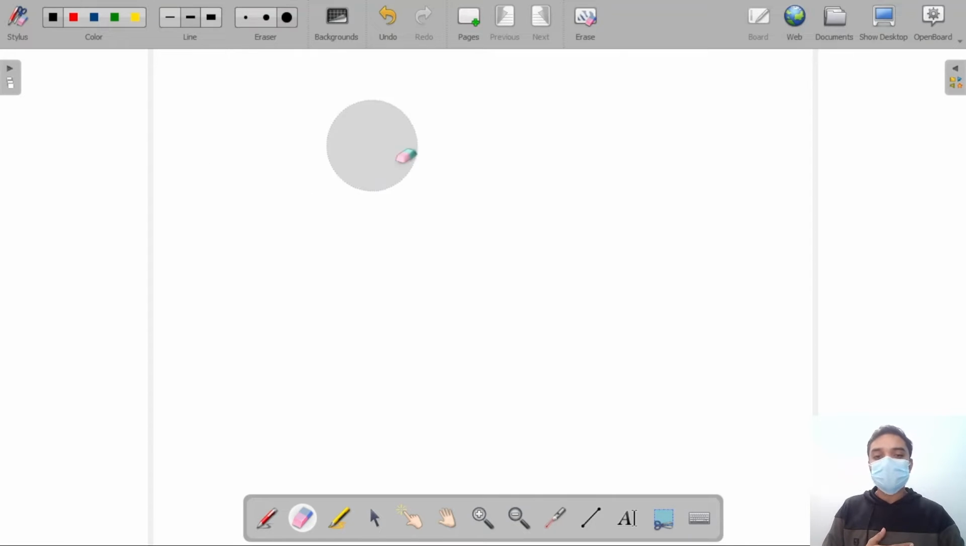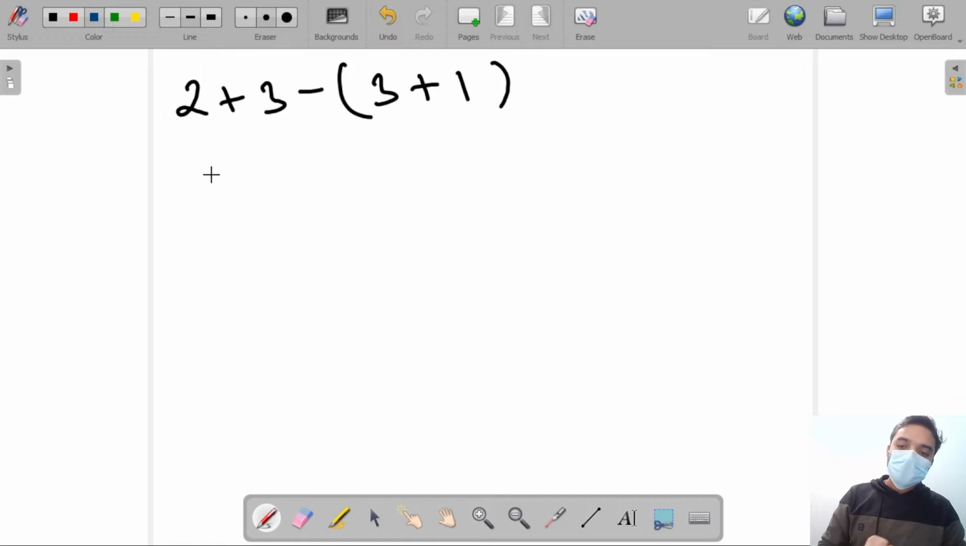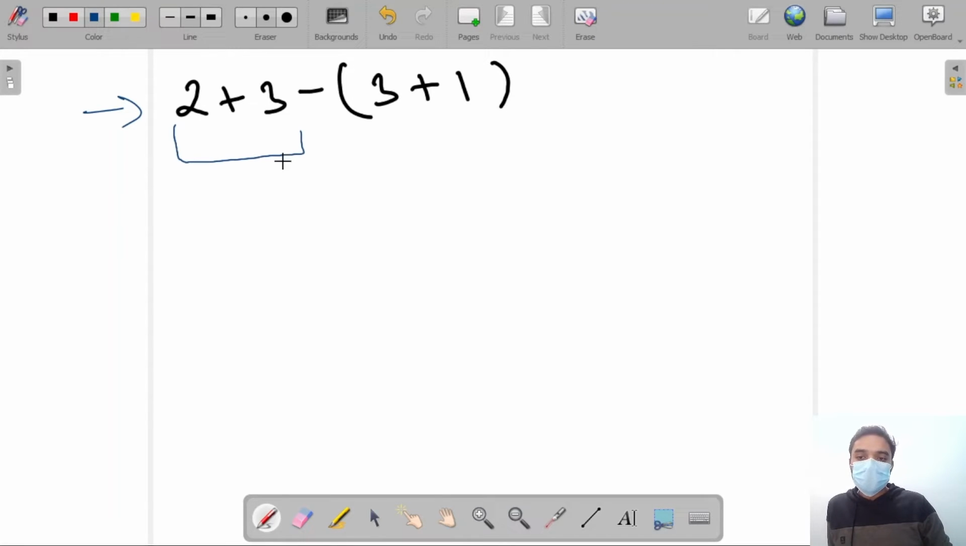Let's take some other test cases also. So guys, let's talk about this test case: 2 plus 3 minus, opening bracket, 3 plus 1, closing bracket. How are we going to do a question like this when we have some brackets? Previously we were just calculating the sum. Here this sum and this sum are different, so we have to calculate this sum differently. Or else,